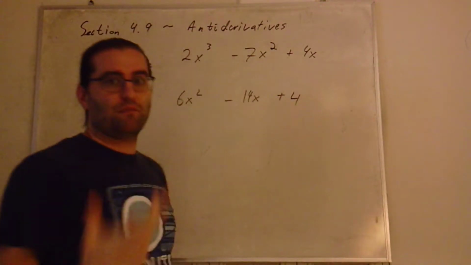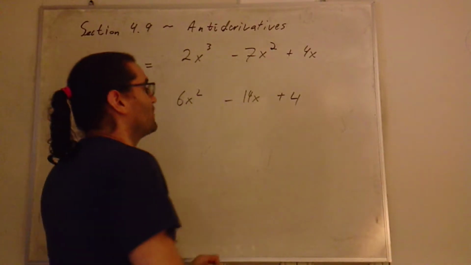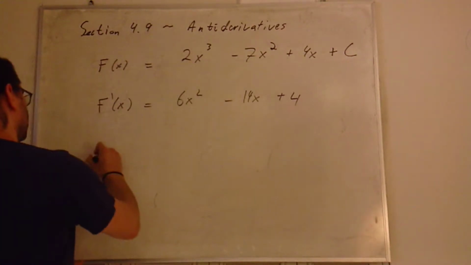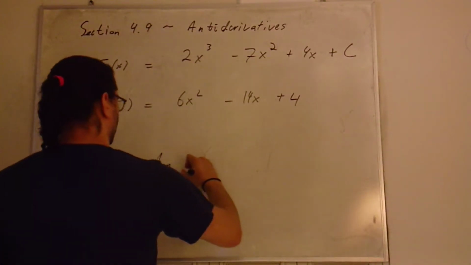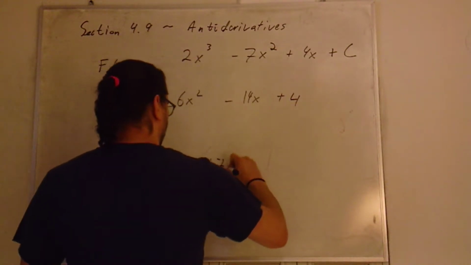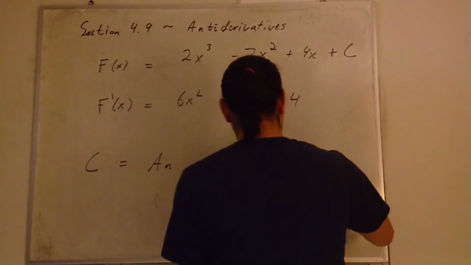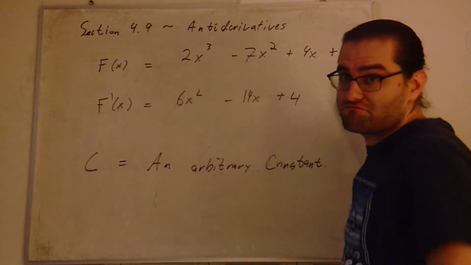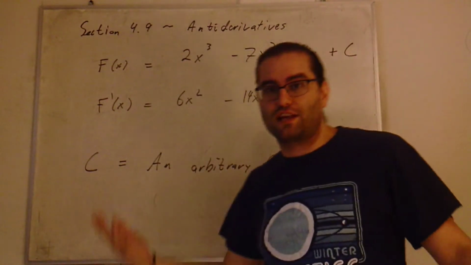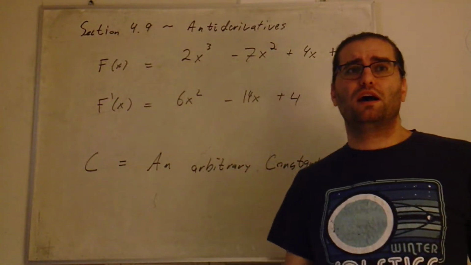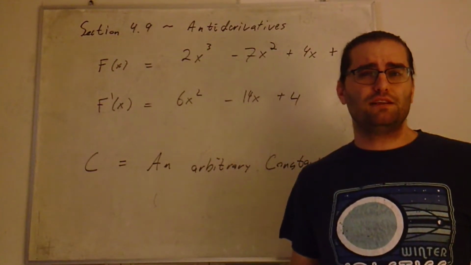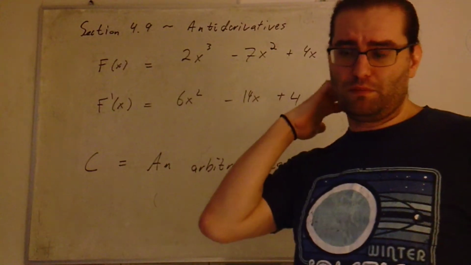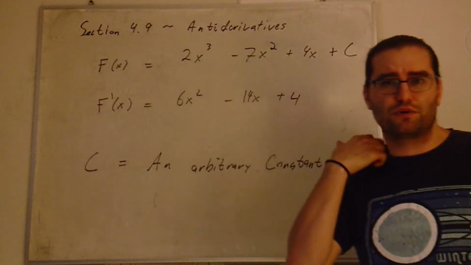So we have a plan. The plan is we're going to add an arbitrary constant c. C is an arbitrary constant, because this original function could have had literally anything here. C is sort of our stand-in for anything you want it to be. It's kind of a variable in that it could take on any number of different values, but we tend not to refer to it as a variable because